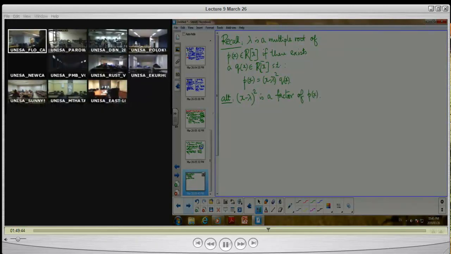Obviously, the number of times this factor can go inside P(x) cannot exceed its degree. So there is a largest number,